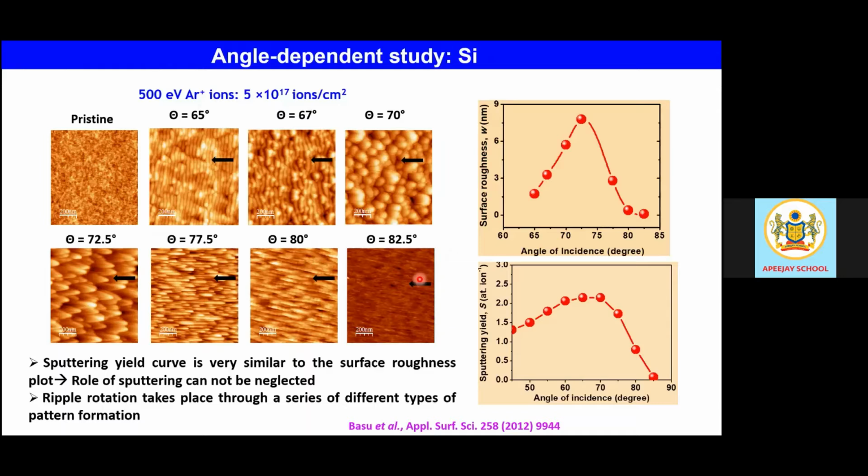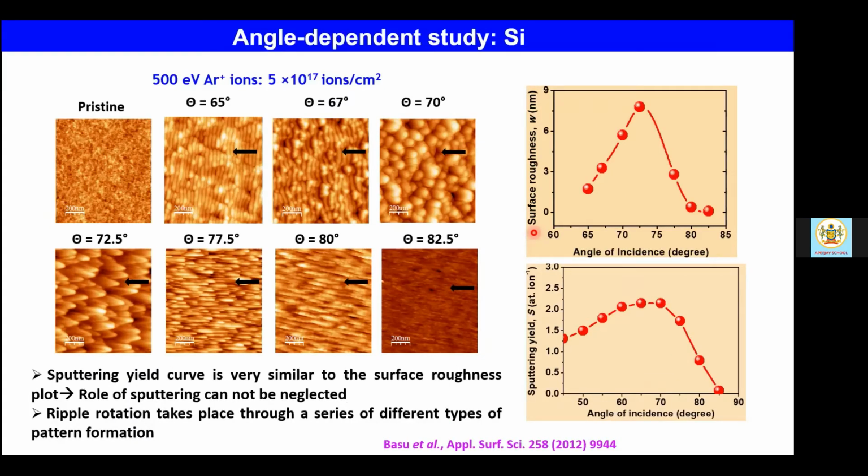How do you know that this surface is flat? You look into the surface roughness that grows or varies with angle of incidence. We started with the 0 degree angle of incidence, which I have not shown here, of course. Any pristine silicon surface, a commercially obtained wafer, will have a surface roughness in the order of picometer or sub-nanometer. And you see here as well, surface roughness is almost definitely sub-nanometer as you go to these angles, 82.5 degree, etc. And sputtering yield also, very important, comes down drastically to nearly 0